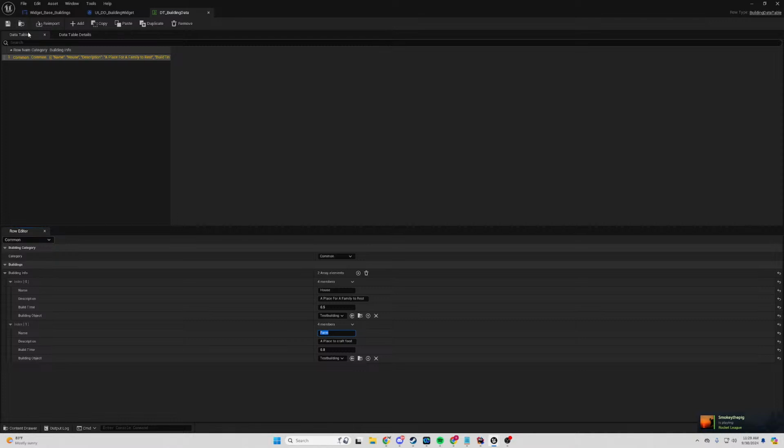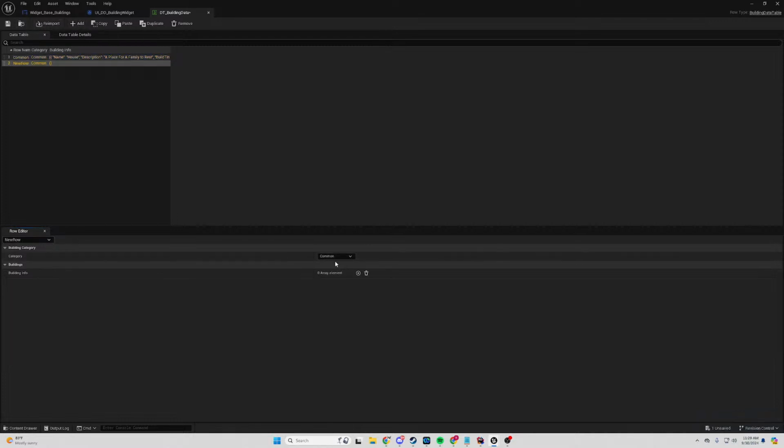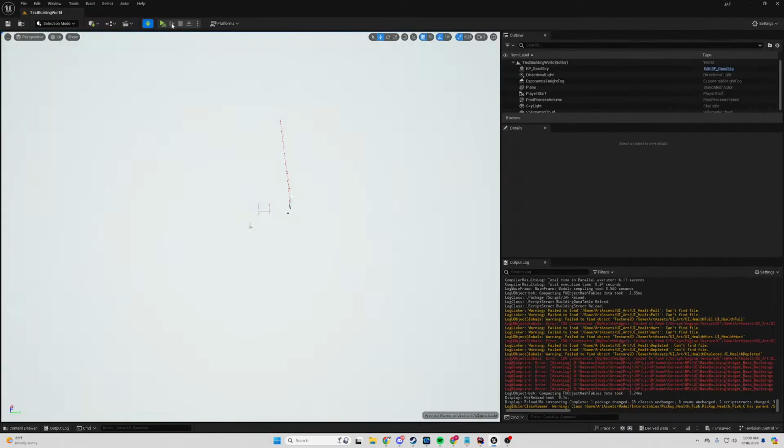For instance, I could create another one and make this farming, and then I can break this down. Farmhouse, you know, a place to farm, I don't know, and we'd give it a build time, and then I could set a building here, and then when we go to play,